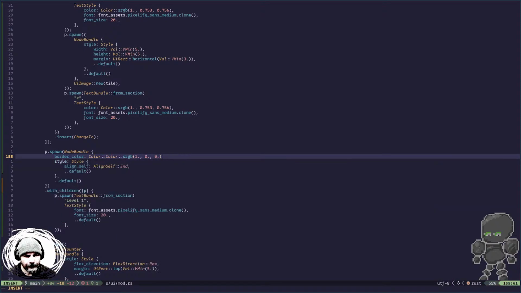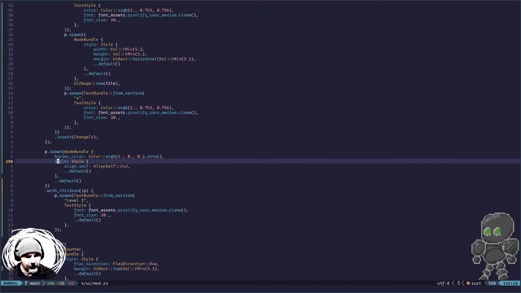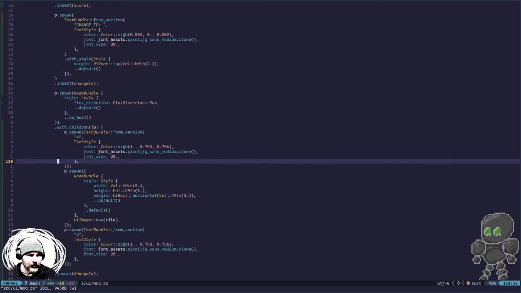No. No, I cannot. Oh, whoops. Yes, I can. Is there a border width? There's a border radius. Let's try that. And then let's up in the containing widget,